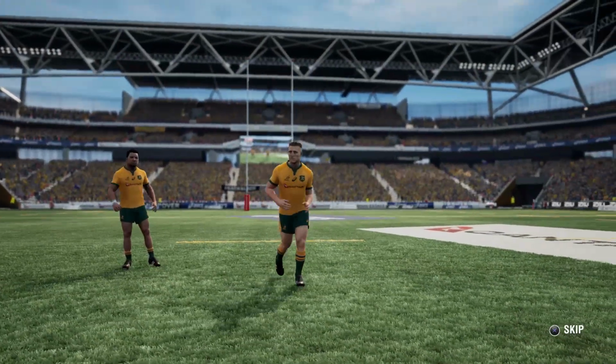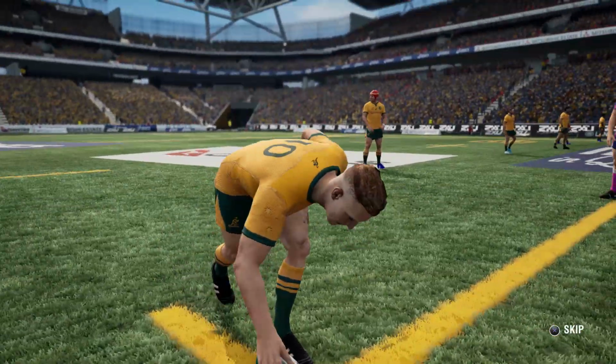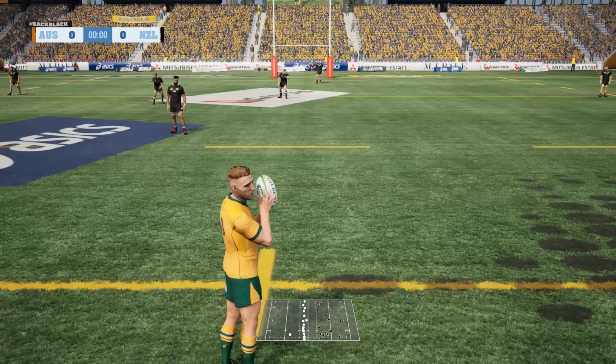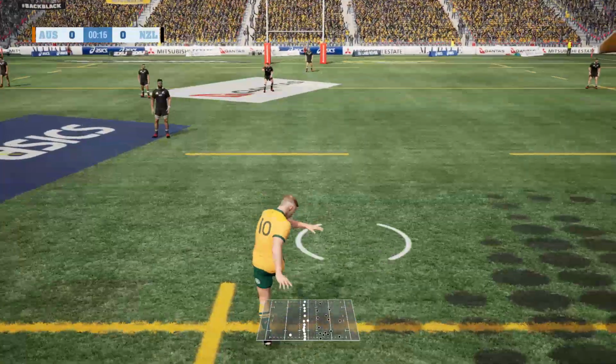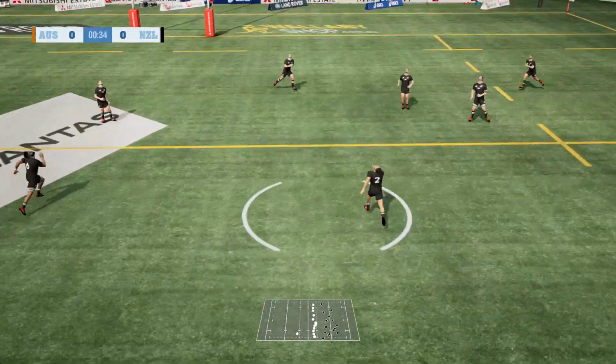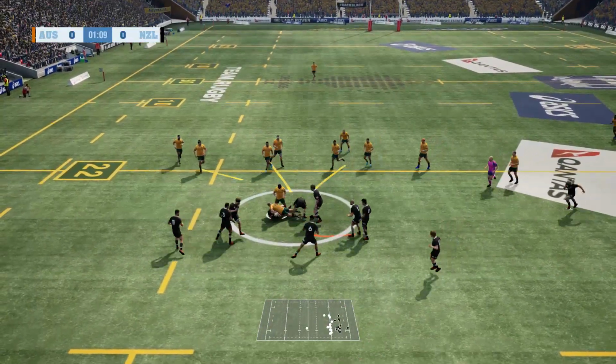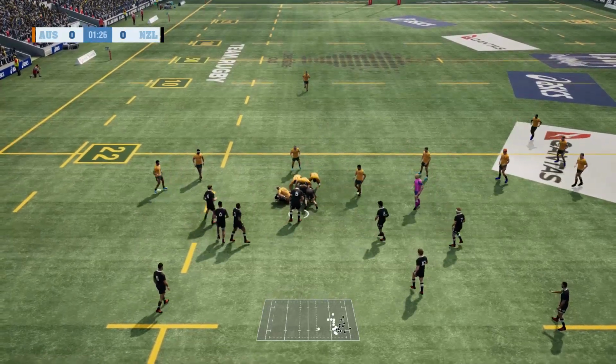And how good is that? See players like Will Jordan appearing in the All Blacks haka. Names aplenty for the first time for the All Blacks. Reece Hodge wearing 10 gets us underway. And this is a massive game here at Suncorp between the bitter rivals of the Trans-Tasman, the All Blacks and